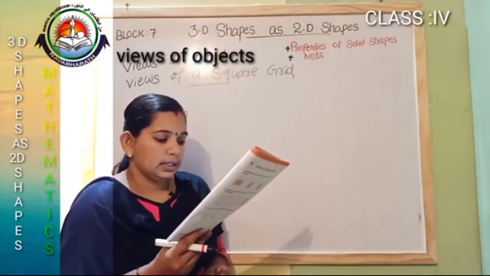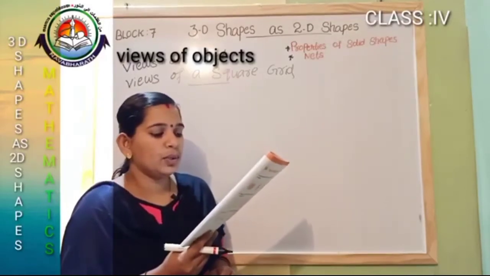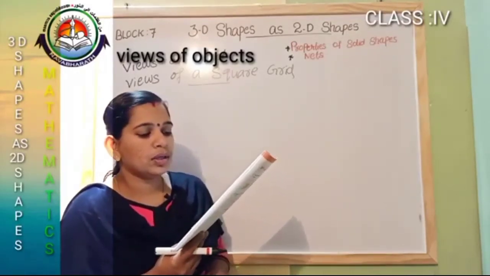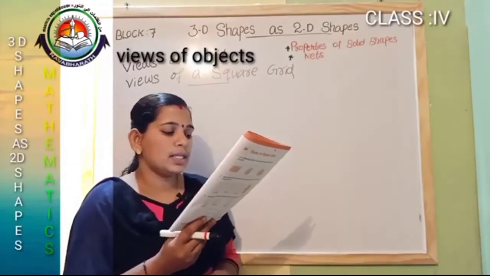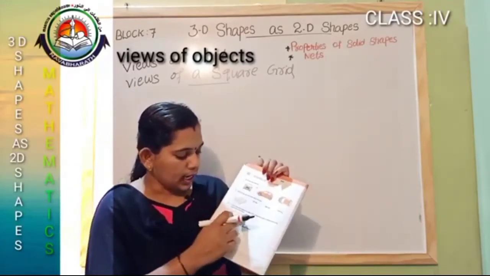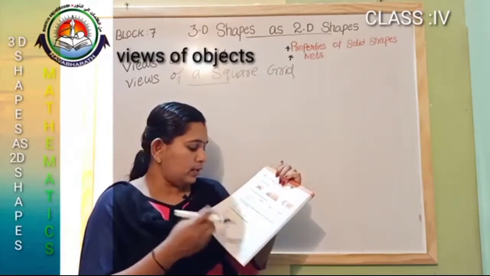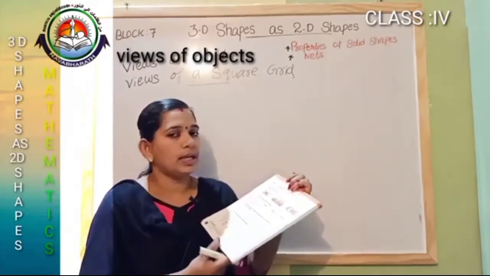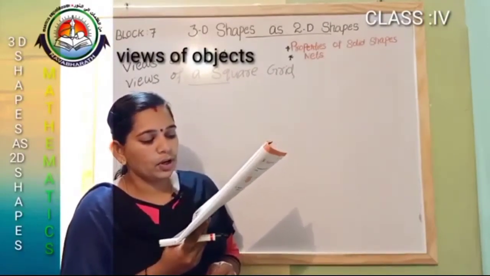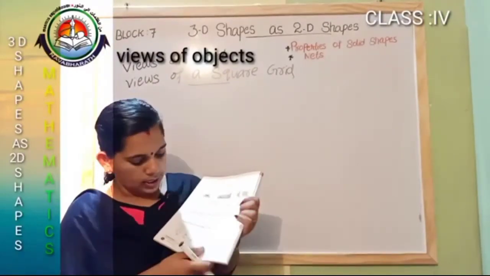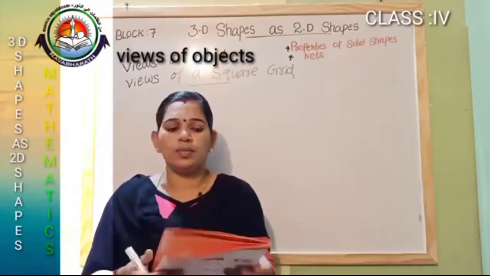Look at the three views of an object. What object will you get on combining these three views? Draw and show. Here the side view, front view and top view are given. You want to find which object that is, and draw that figure. Look at the three views of an object and name it. Here some views are given. You want to find the names of the objects.